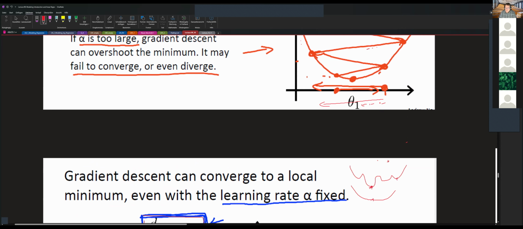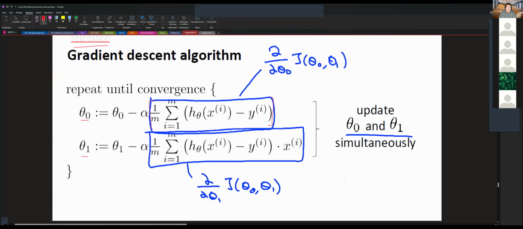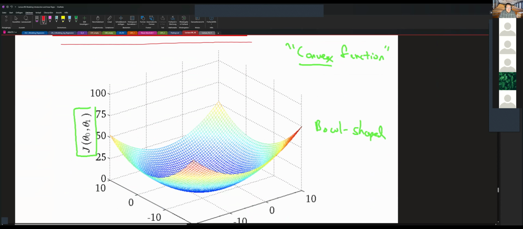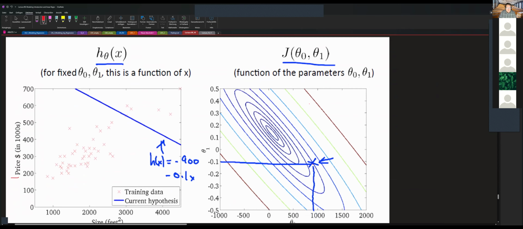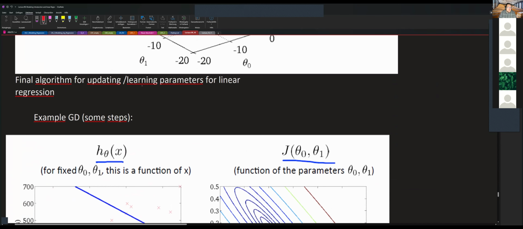Or at least have the chance to get somewhere here. Sometimes this is not guaranteed, but for linear regression, it of course is. Having said that, you now have a convex function, so the necessary condition to converge to the global minimum holds. I just said that. And now what we have here is a gradient descent example